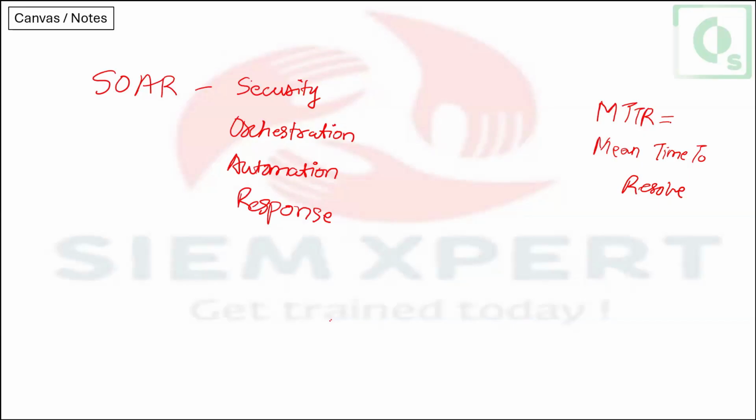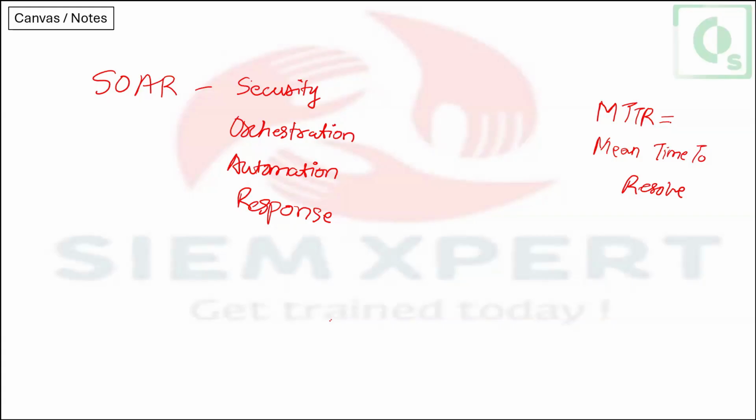Let's say one of my machines is compromised: I like to isolate it, perform an investigation, involve the necessary teams, inform the management, and a lot of things. From isolation to final resolution, the time required may take maybe 2, 3, I don't know, minimum 24 hours to fix the issue. But with SOAR you can achieve the same within less than 1 hour, and that's the main thing about